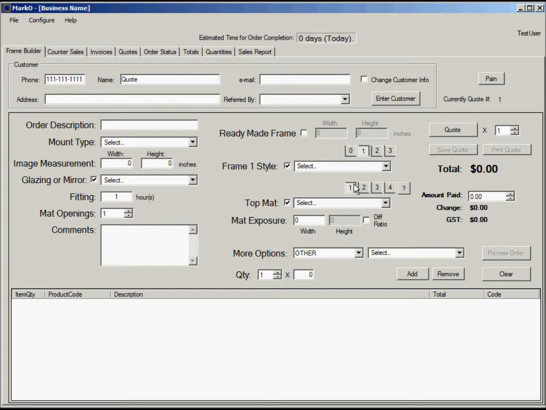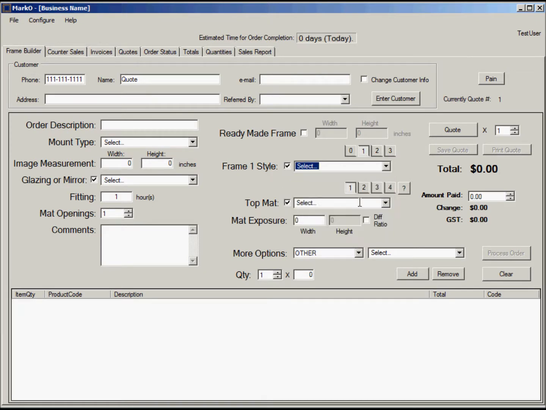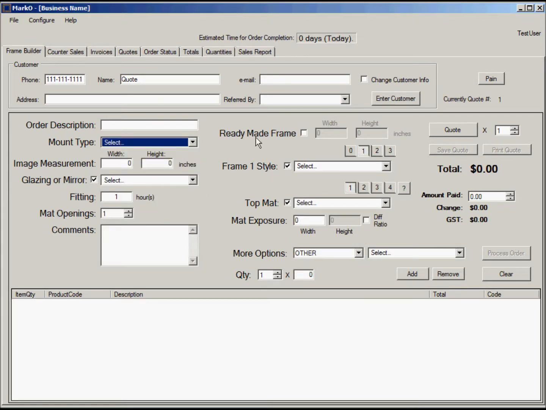Hi, today we're going to check where we add and remove materials like frames and mats and mounting types. All the materials that are required to build your picture frame. So to do changes to the materials, so prices or add new ones, you have to go into configure, products